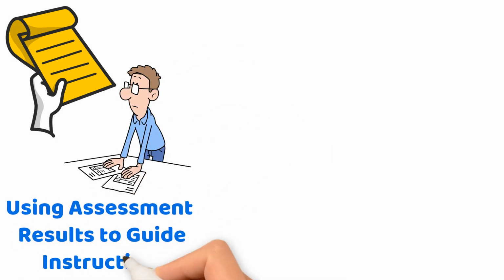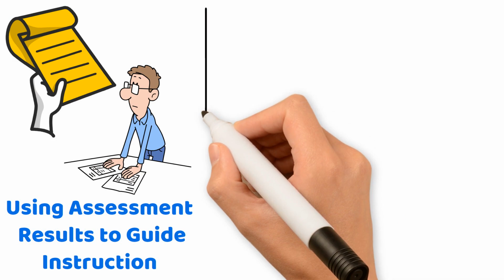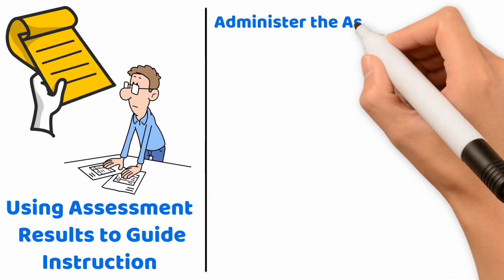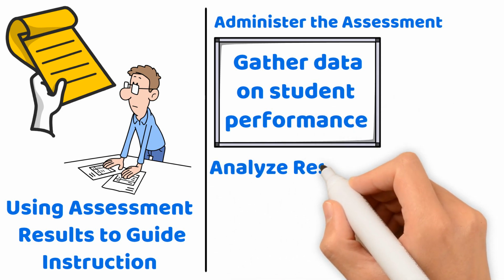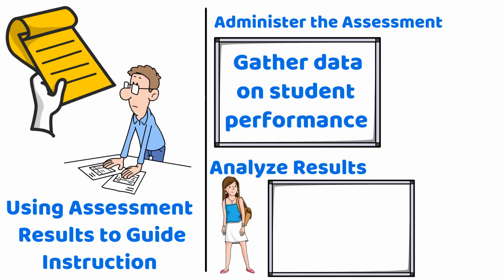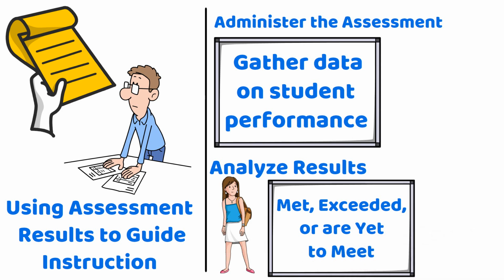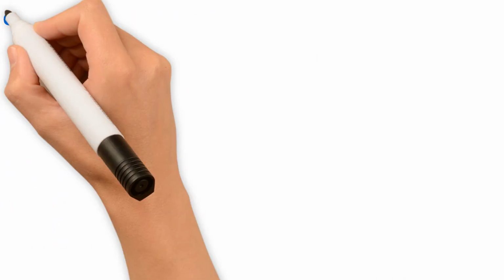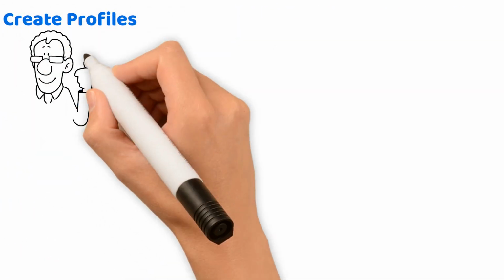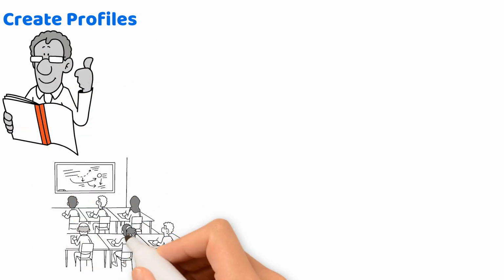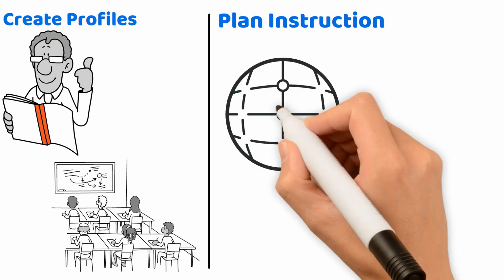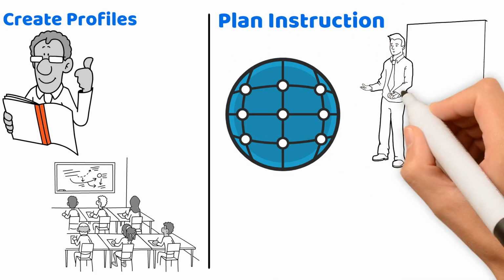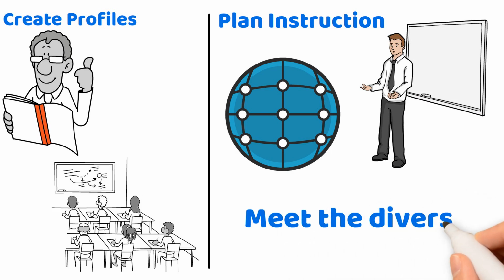to guide instruction. The cycle of assessment is ongoing. 1. Administer the assessment. Gather data on student performance. 2. Analyze results. Determine which students have met, exceeded, or are yet to meet the standards. 3. Create profiles. Develop detailed reports on individual and class achievements. 4. Plan instruction. Use the data to inform your teaching strategies, ensuring lessons are differentiated to meet the diverse needs